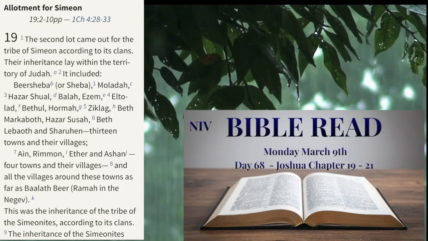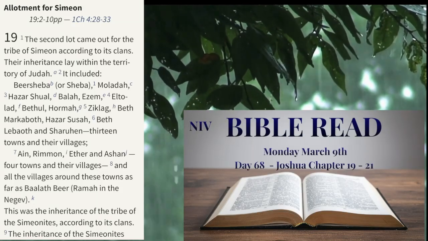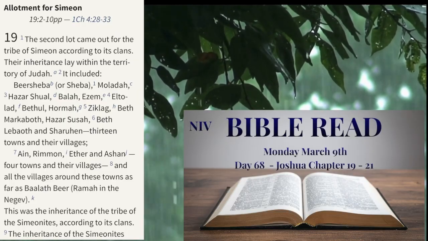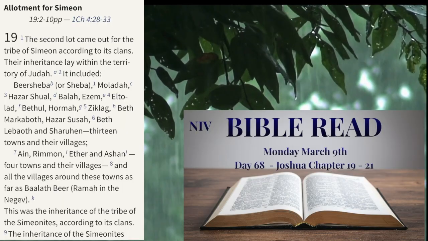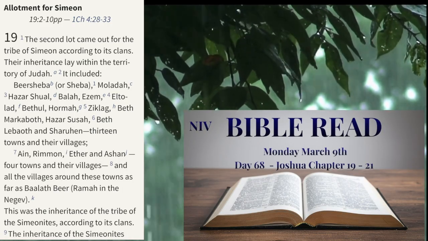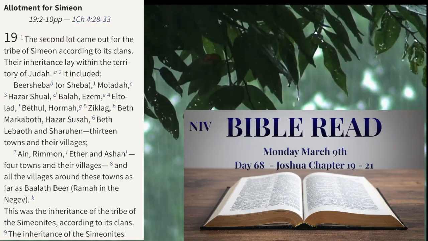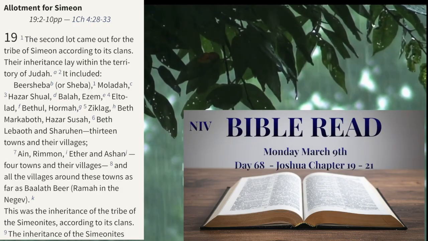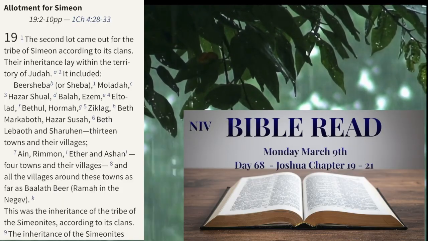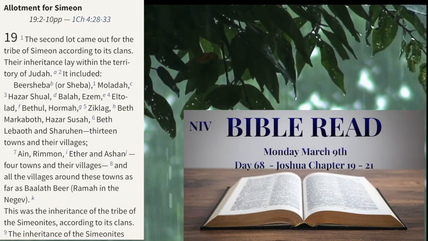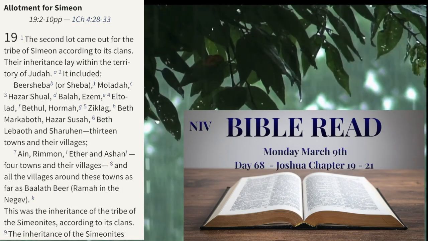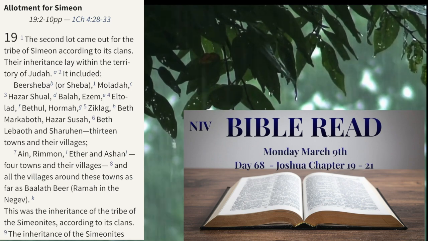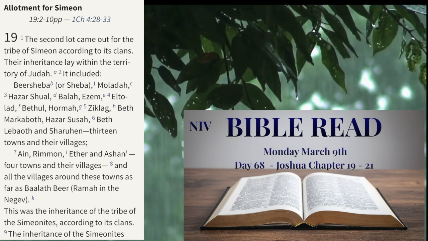Chapter 19. The second lot came out for the tribe of Simeon, according to its clans. Their inheritance lay within the territory of Judah. It included Beersheba, or Sheba, Moladah, Hazar-Shual, Balah, Ezem, Eltolad, Bethul, Hormah, Ziklag, Beth-Marcaboth, Hazar-Susah, Beth-Lebaoth, and Sharuhen, 13 towns and their villages. Ain, Rimmon, Ether, and Ashan, 4 towns and their villages,